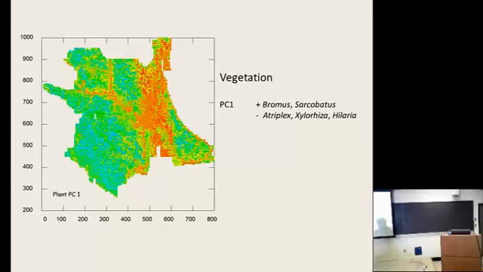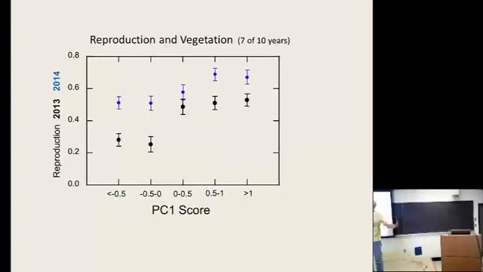These are common native vegetation that's even a little bit more uplands. You can see that there are definitely geographical differences in vegetation, and it parallels topographic differences. This outline of a wash, and there's hills between, or washes are between hills, so there's more than just vegetation information contained within PC1. So we take that information about vegetation and try to see if we find any information about the relationship between vegetation and these fitness traits.